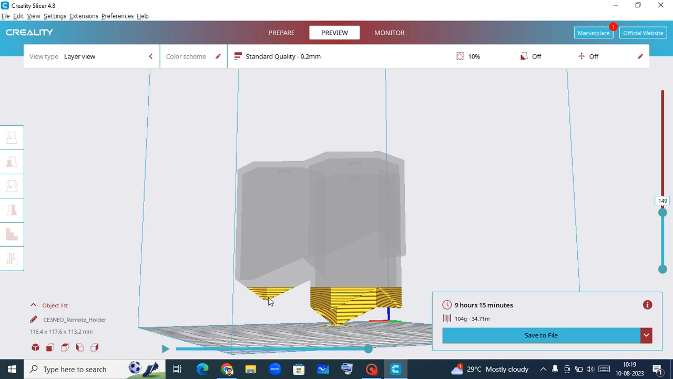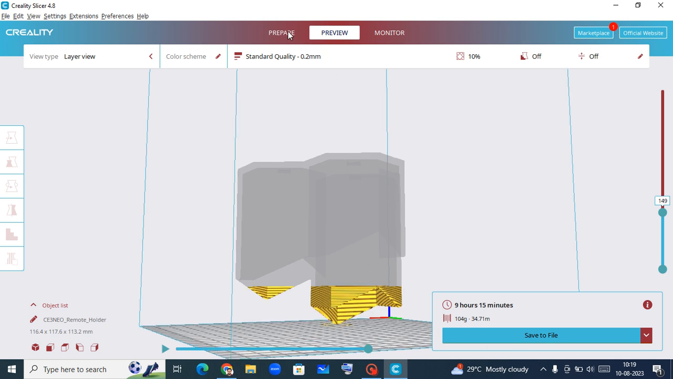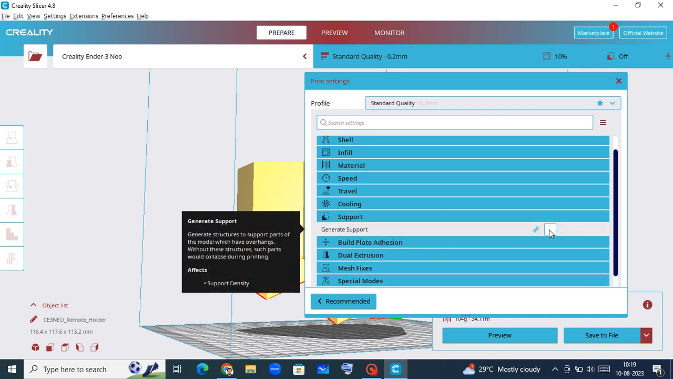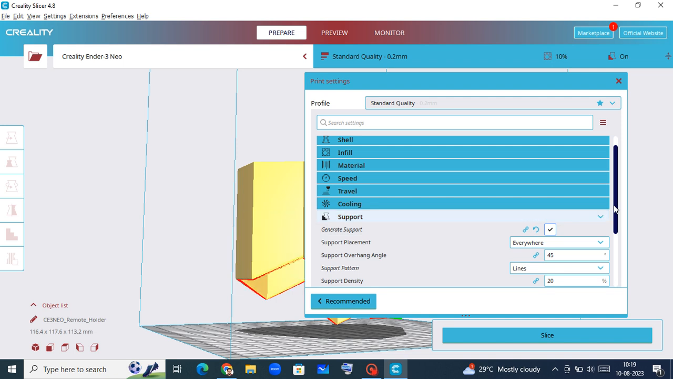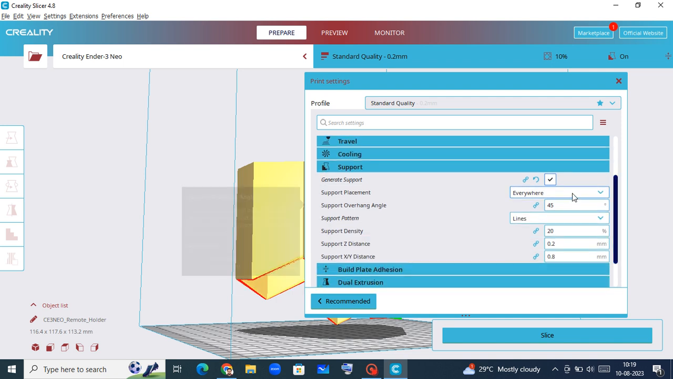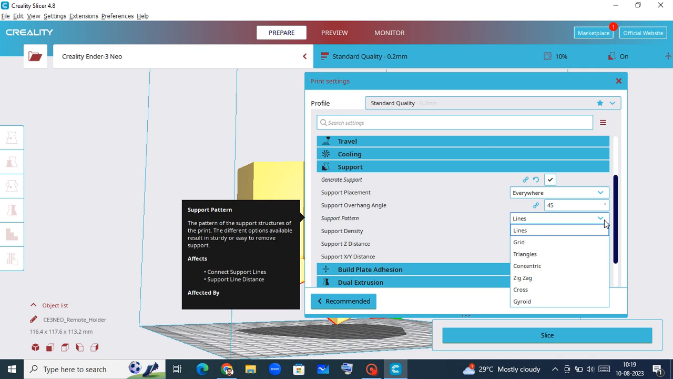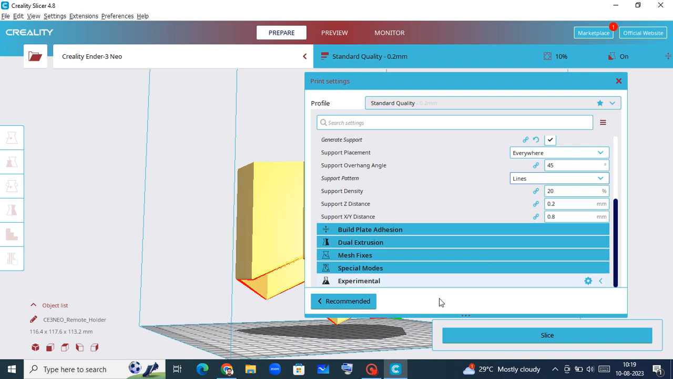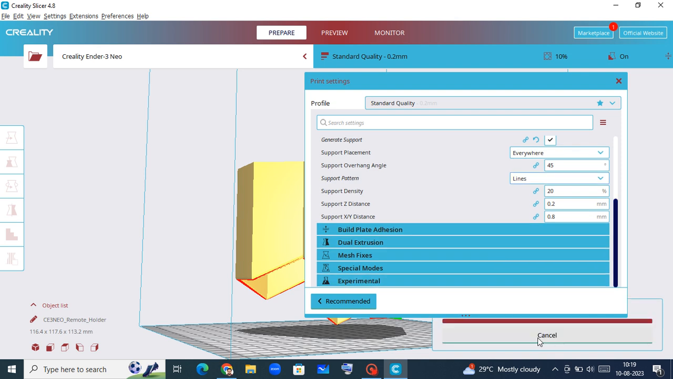So if you want to print in this direction, you have to generate support. That is the necessity of giving support. Now I will show you how to generate support. You have to click on this standard quality. Under the support tab, you have the generate support option. Just click on that, and you have to give support everywhere. Different support patterns are possible. You can select lines for the time being. That's it. Now if you slice,